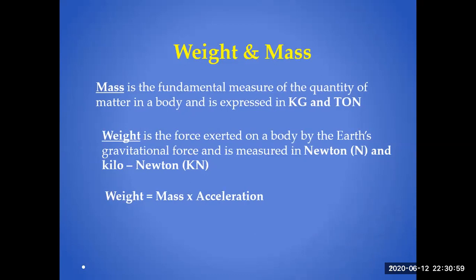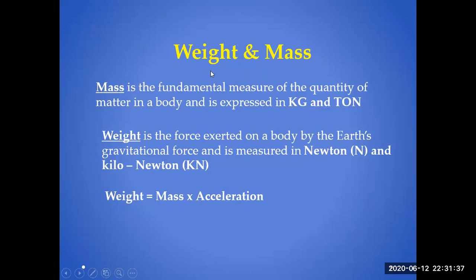Weight, being a force, varies from the center of Earth, to the surface of Earth, and moving upward with increasing height. But the mass of the object remains the same at the moon surface, at the earth surface, or anywhere; wherever you move, the mass of a body remains constant. It means weight is variable and mass is constant. Weight has direction, it's a vector quantity; mass has no direction. Weight is measured with a spring balance, and mass is measured with a normal type of balance.